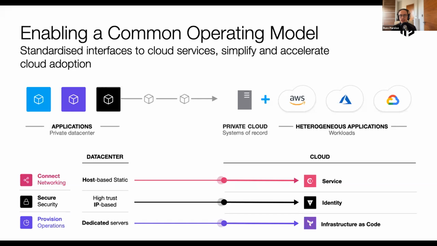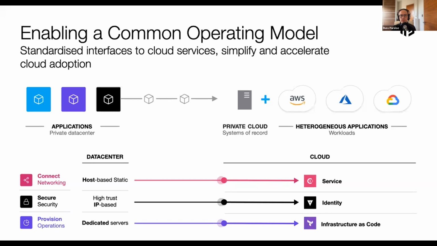So we're no longer reliant on the fact that we've built these strong four walls to protect our environment, because that paradigm doesn't really exist in the cloud and probably never really existed anyway. When I talk about the connect layer, again, it was very much host-based. Everything was very static, so we controlled that through the use of perhaps firewalls. Maybe we used load balancers as well as a means of doing things like service discovery.